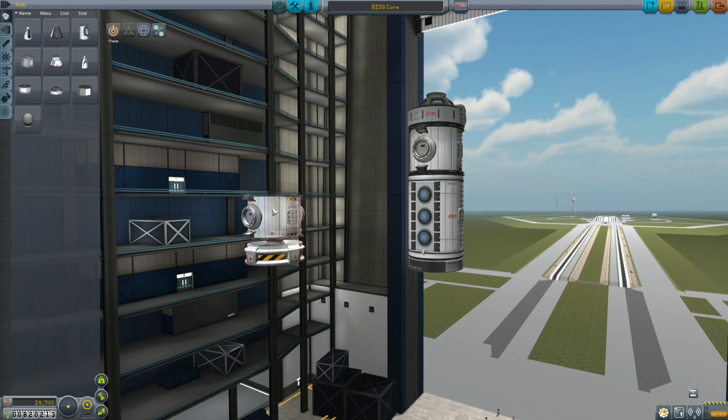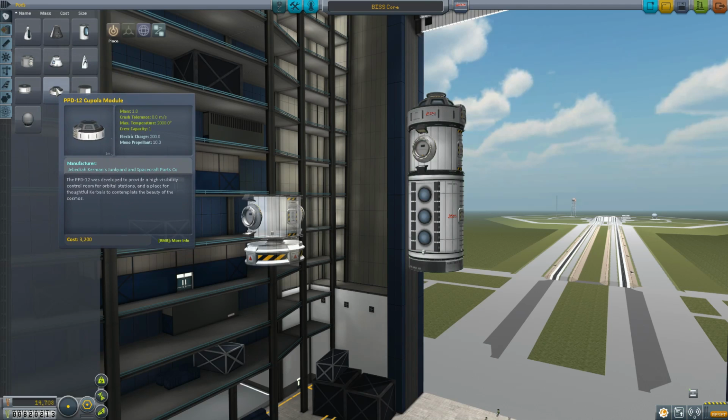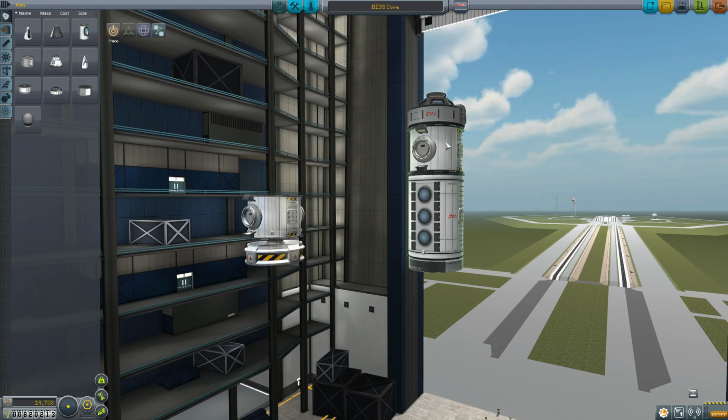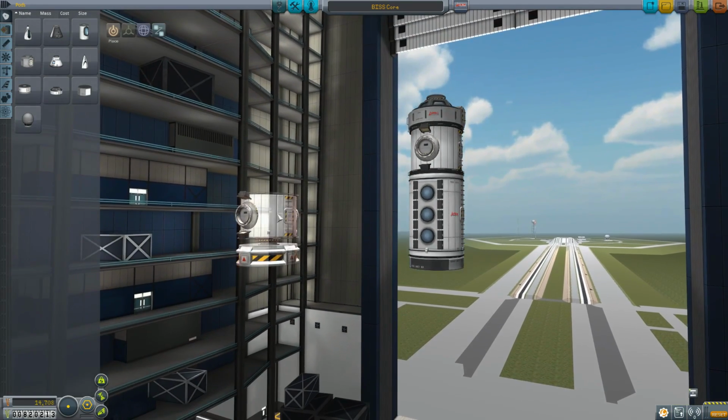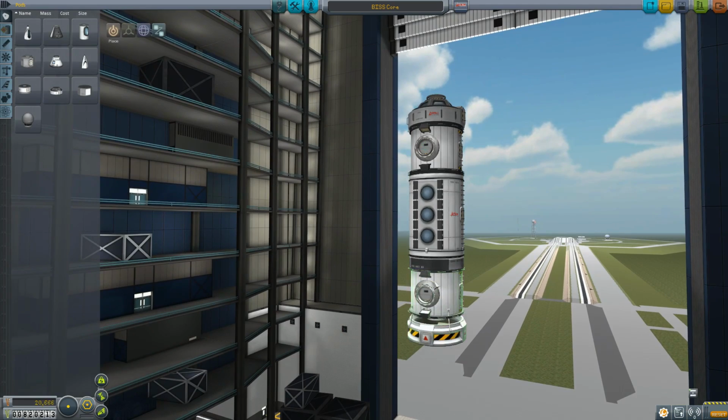this section because we've got room for 2 engineers and 4 people plus is it 2 in the cupola? Let's see, cupola crew capacity 1. So we've got like 7 people in there alone. So what I'm going to do, you know what I'm going to do? I'm going to put that back for a second,